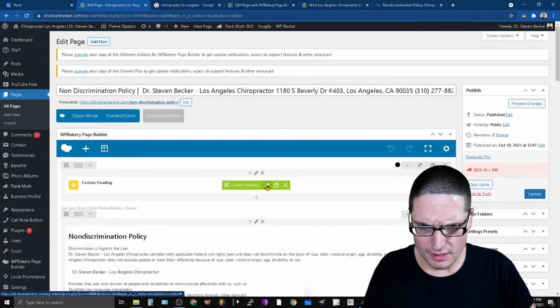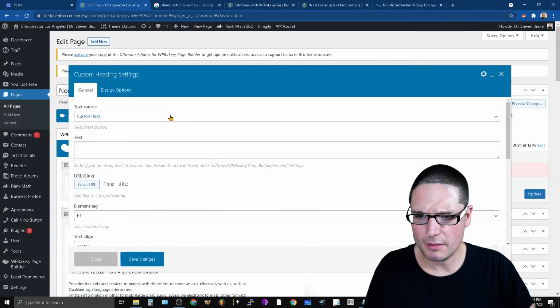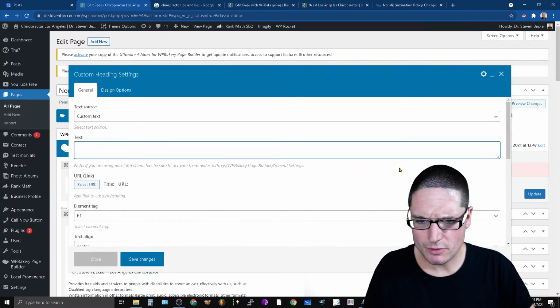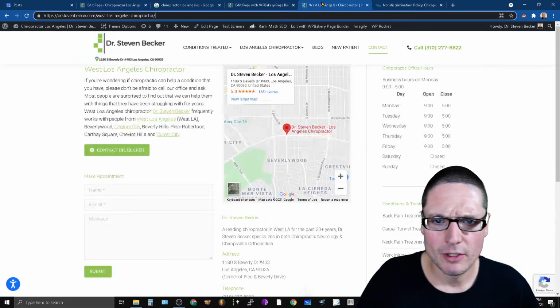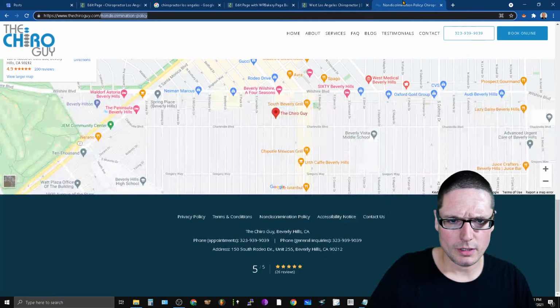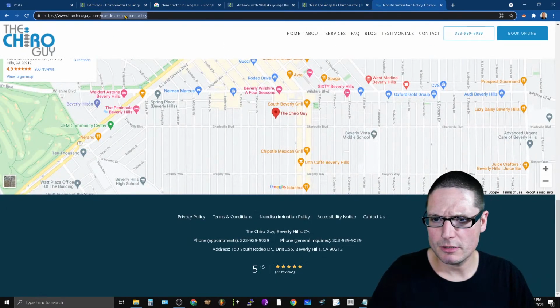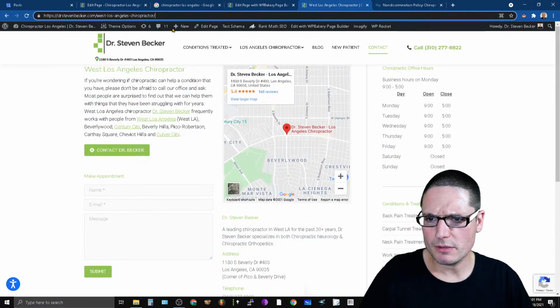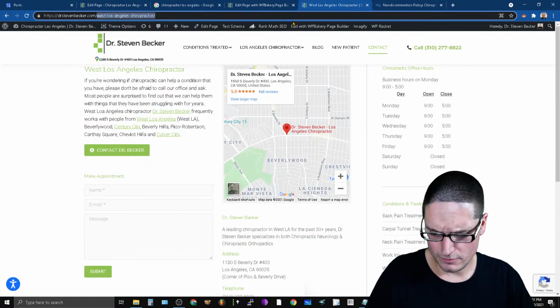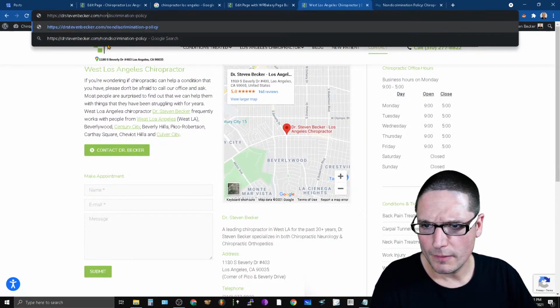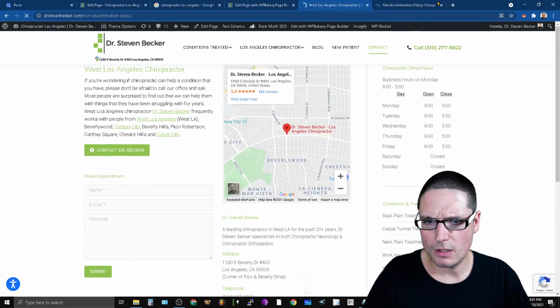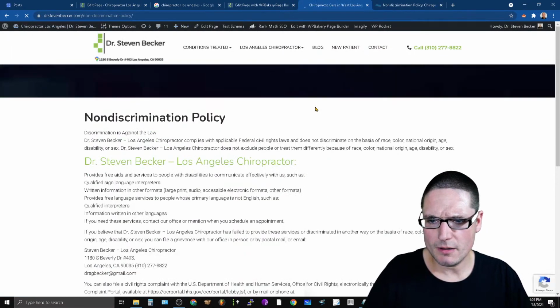All right, so this is the custom heading. Is this where it was talking about back pain or something? Wait, so where's that thing at? So, okay, non-discrimination policy. Is that in there?